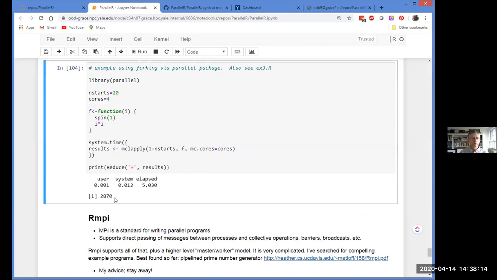So this is basically doing the same thing we did before. We're squaring the numbers from 1 to 20 and adding them up. And if you look at the documentation of this, you'll see there's just a ton of slightly different functions like mclapply that operate in slightly different ways. The difference is, do you pre-allocate a bunch of tasks to the workers, or do you let workers take one task at a time, et cetera, et cetera. So it's slightly different semantics on the parallel apply.